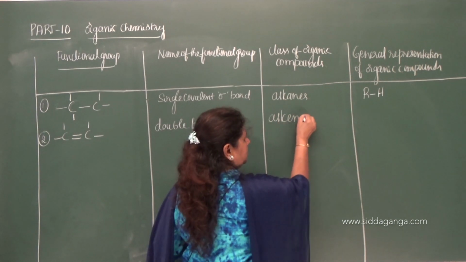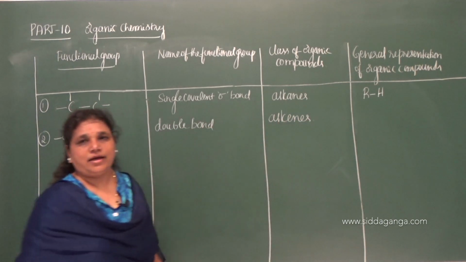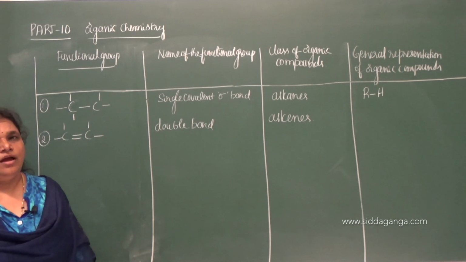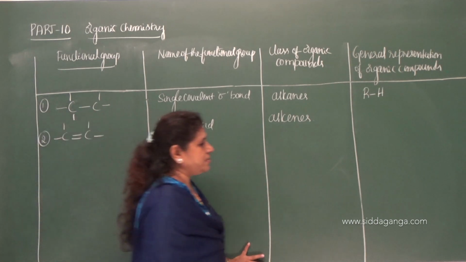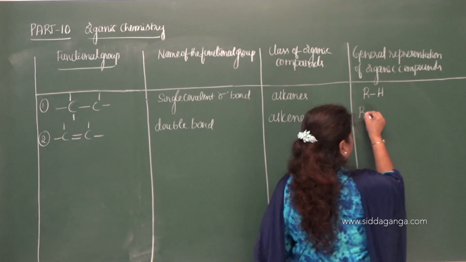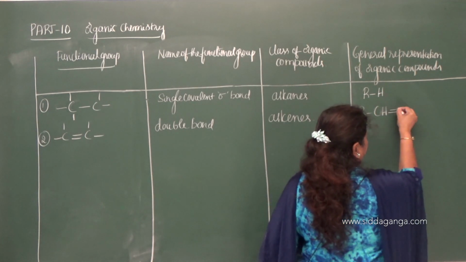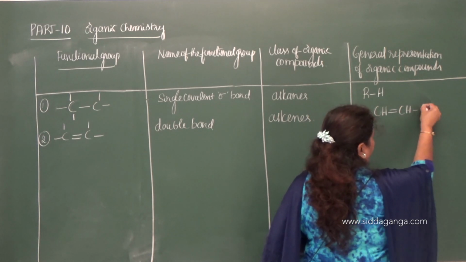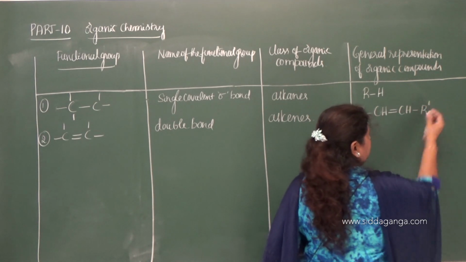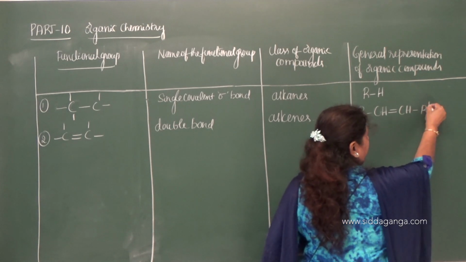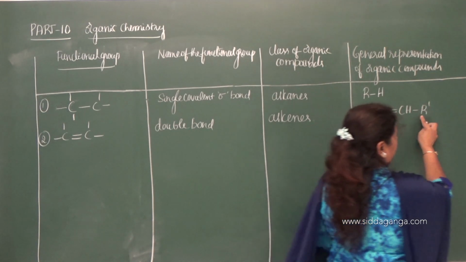Yes, they are present in alkenes. The class of organic compounds will be alkenes. Then how to represent? R, CH double bond CH, R. You can also take R, R dash. So R and R dash may be same